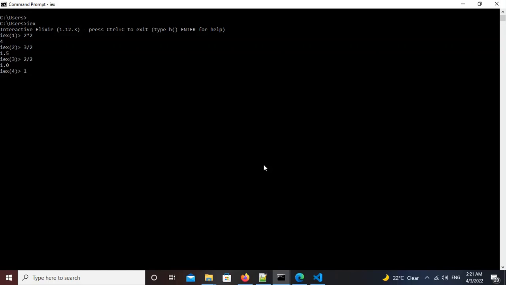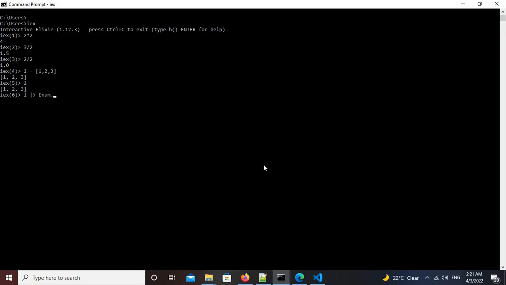So say I create a list, L is equal to [1, 2, 3]. Here I have a list of integers. If I say L and enter, it will give me the contents of that list: 1, 2, 3. I can pass this L using this pipe operator, which we'll learn eventually, to